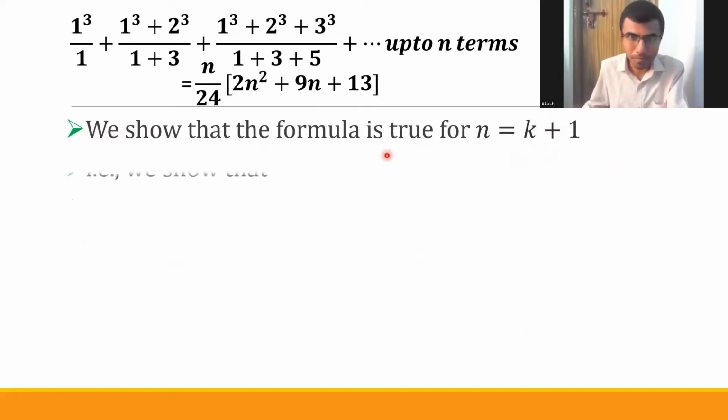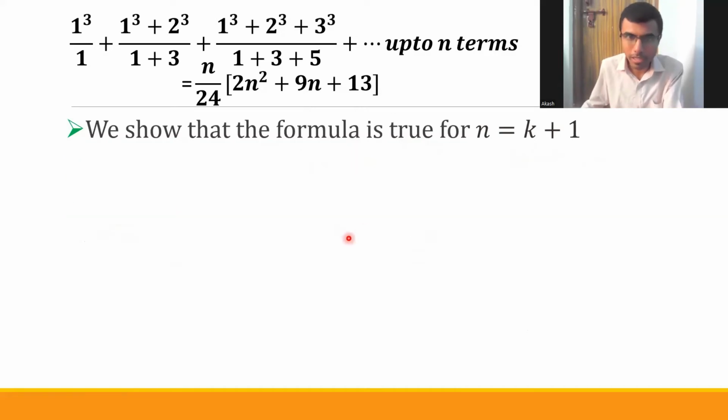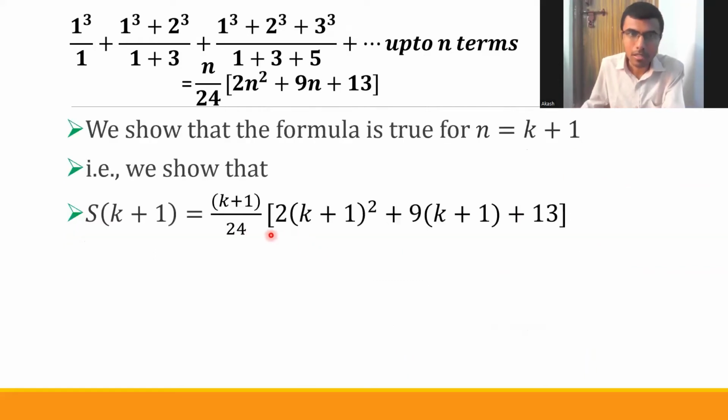We show that S of k plus 1 is equal to this. How did I get this? See, S of k is nothing but this. S of k is k by 24 into 2k square plus 9k plus 13. So S of k plus 1 would be nothing but, wherever you see k here, I need to put it as k plus 1. So basically, I need to show that S of k plus 1 is